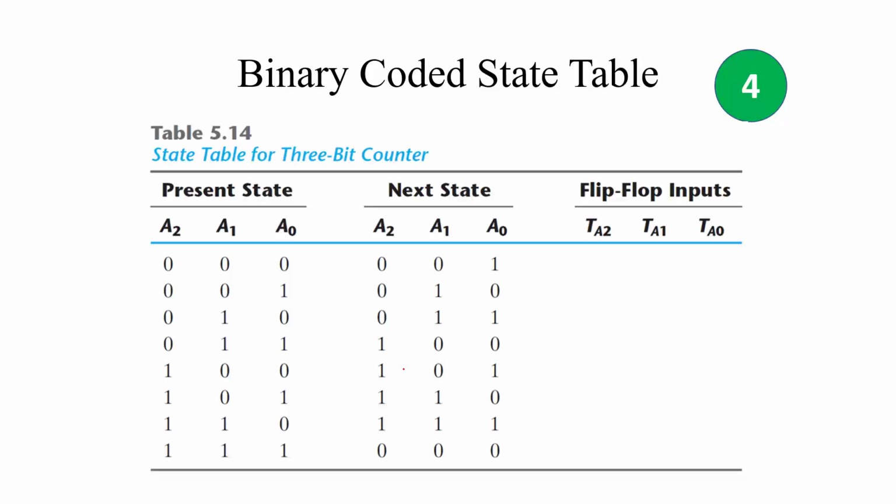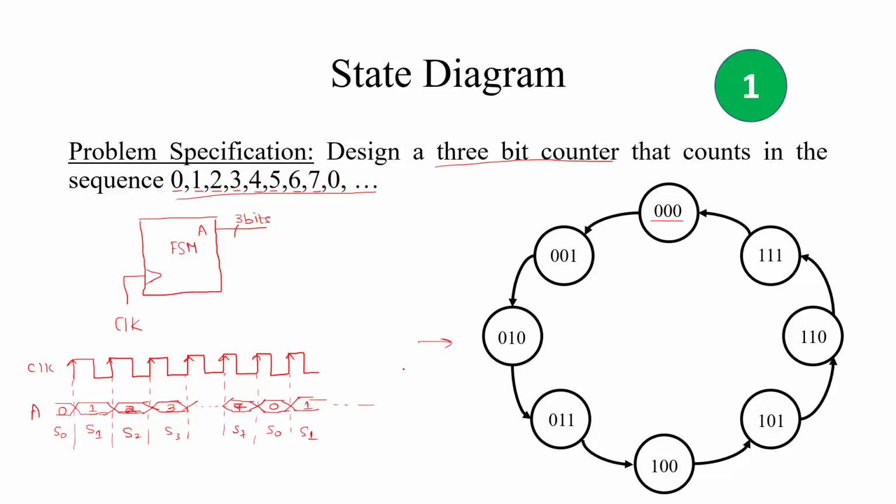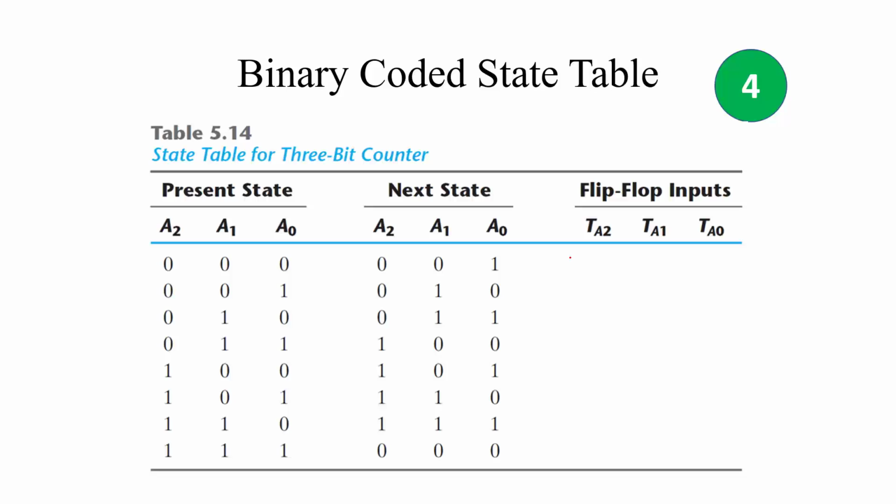So once we obtain the state graph or the state diagram, next step हम directly आ सकते हैं. We can skip a few steps here because we won't require any state reduction. इसमें से कोई भी state हम reduce नहीं कर सकते. All states are required. Okay, so स्टेट रिडक्शन भी हमें we don't require, स्टेप नंबर 2, और बाइनरी असाइनमेंट भी अगर आप देखें तो हमने कर ली हुई है स्टेट्स में. ठीक है, it's not called state S1 anymore, ये बाइनरी असाइन कोड है to each and every state. That's why you can skip step number 3 as well, और डायरेक्टली हम स्टेट टेबल पे आ सकते हैं, बाइनरी